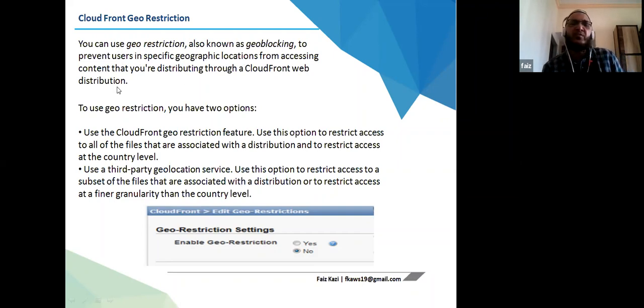So if there is any particular content that I want to block for a particular country or region, I can do that by using the geo restriction or geo blocking feature. Use this option to restrict access to all files associated with this distribution, at country level.